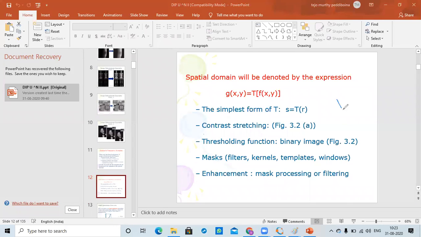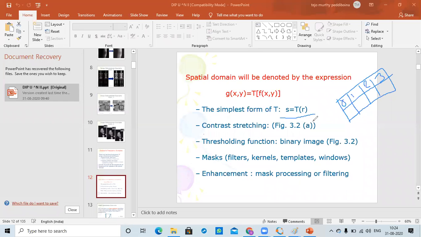For example, I have an image with only 4 intensity values, a very simple case. What are they? The first one is 0, the second is 1, the third is 2, and the fourth is 3.